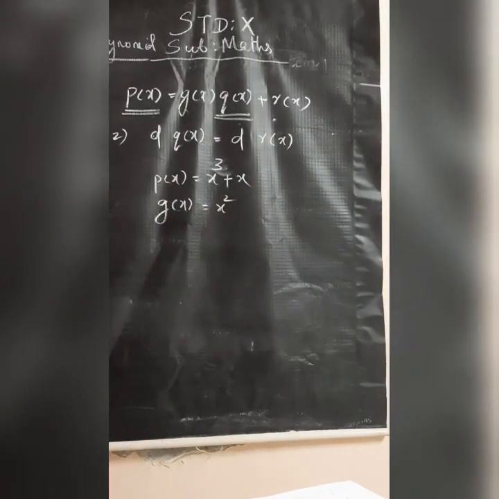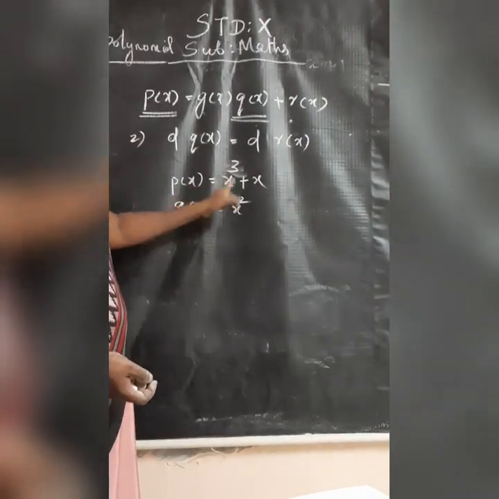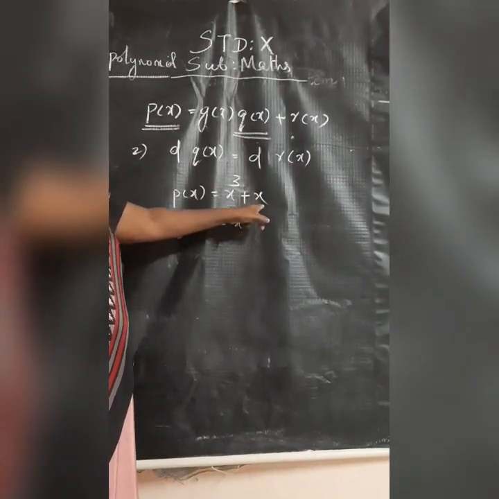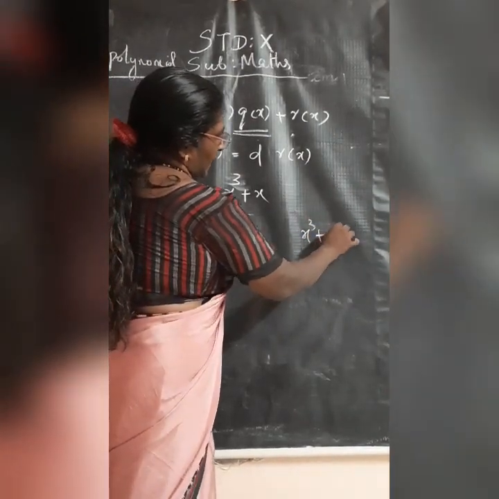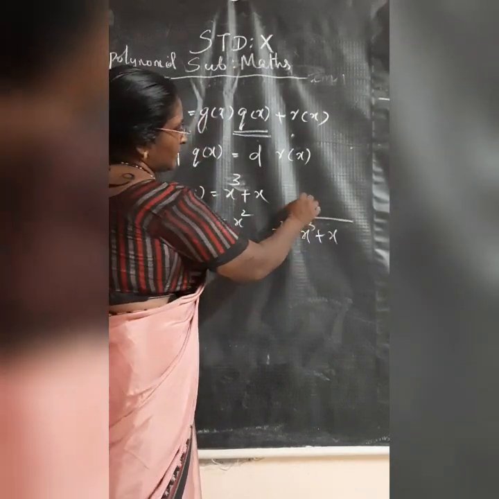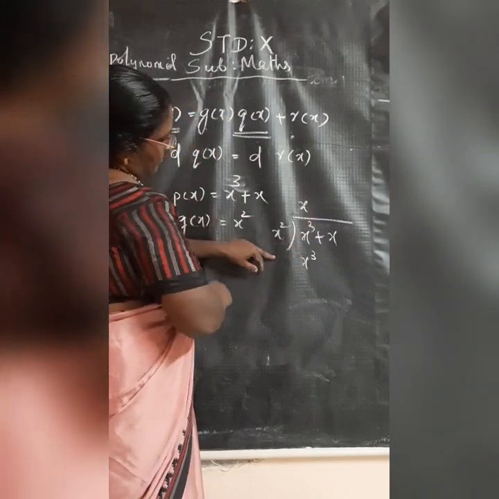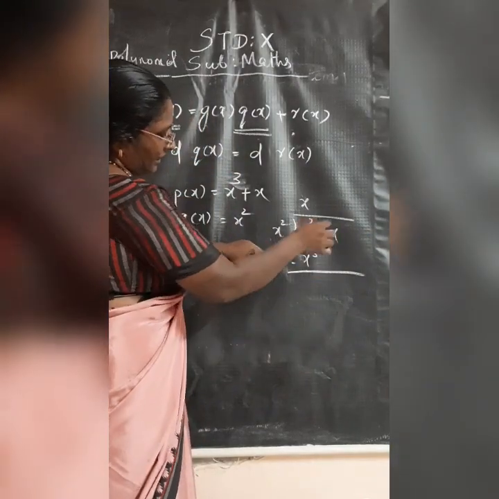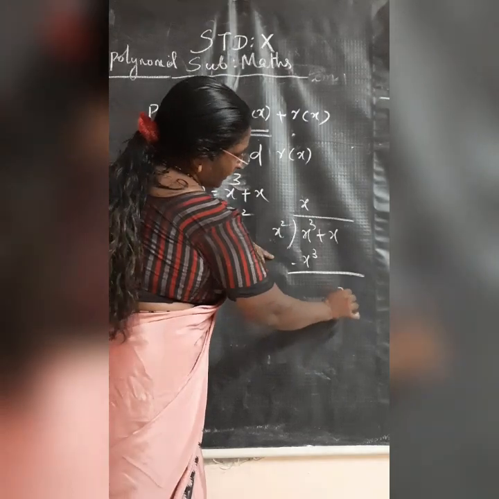Very clearly you can divide and see the answer. So here, first term by first term dividing, what will come? x. Then the remainder x is coming. Same degree is coming. Now we can divide and see. x cube plus x divided by x square. First term by first term, what is coming? x. x into x square, x cube. Change the sign and add them. So subtract, what do you get as the answer? 0. So bring down the next term.